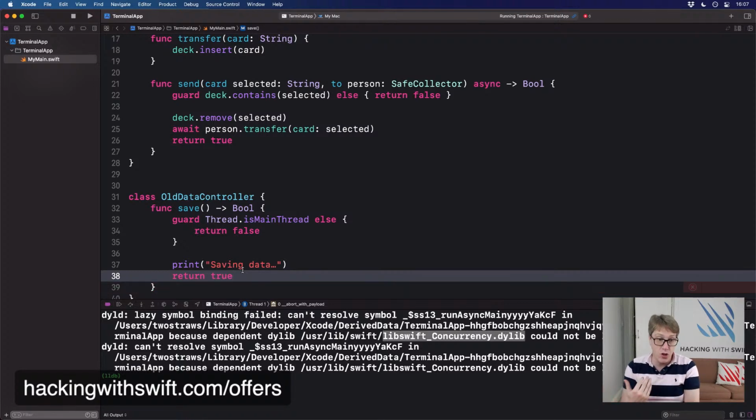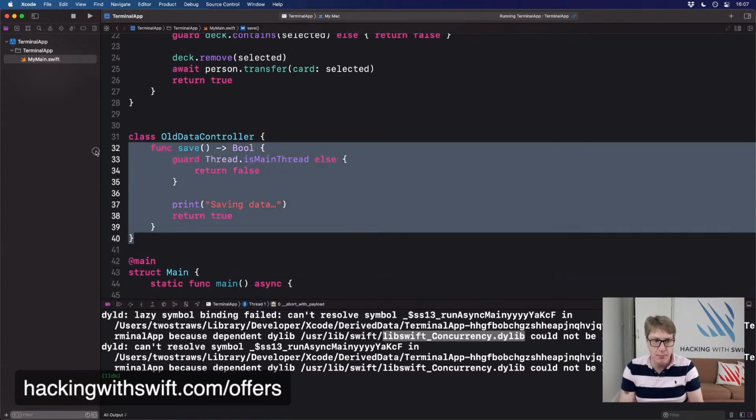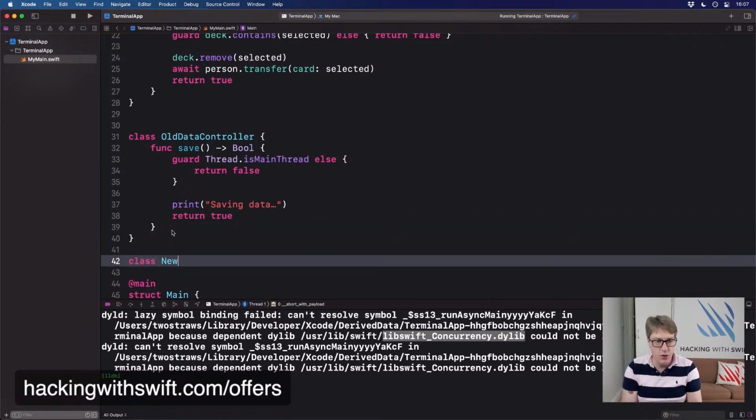The kind of thing you don't want to have being called several times at the same time, because it's a disaster from corruption everywhere, right? Make sure on the main thread and then write it out. That works. But with this new main actor, we can actually make that whole code much, much simpler. We can say instead, there is a new class, new data controller,